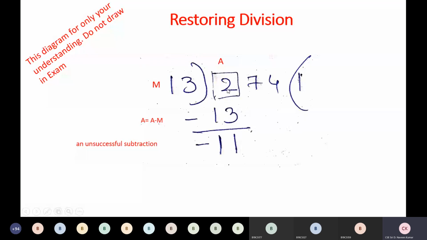So what it needs to do is get back 2 here. So how can it get back 2 here? Can anybody say what is the small logic to get the 2 back? 2 here, so that the 7 again it can carry here, make it 27, and carry on the division again. How can we get 2? What is the operation we need to do? What needs to be added to minus 11 so that we have 2 here?